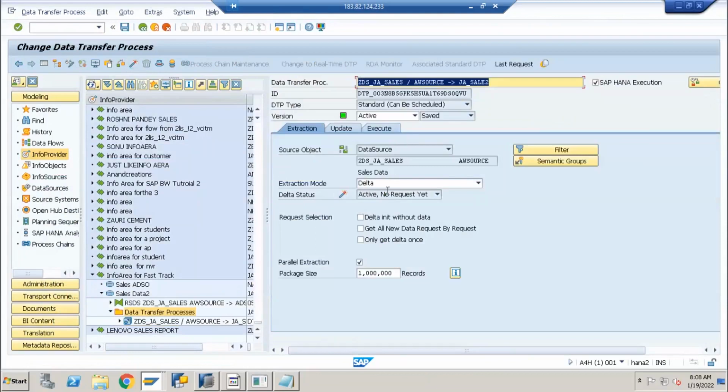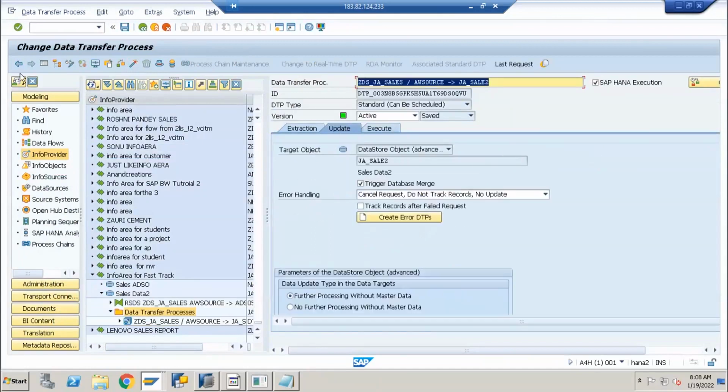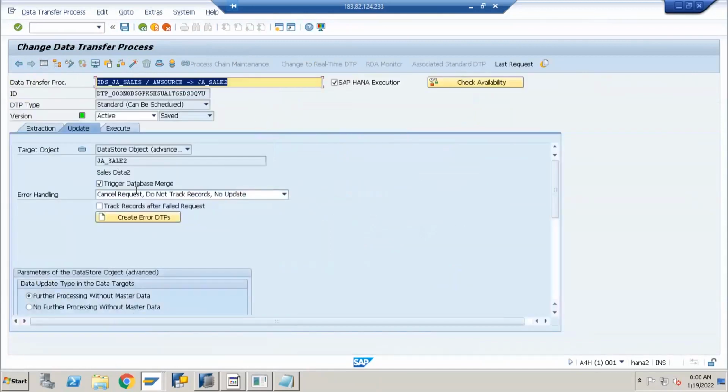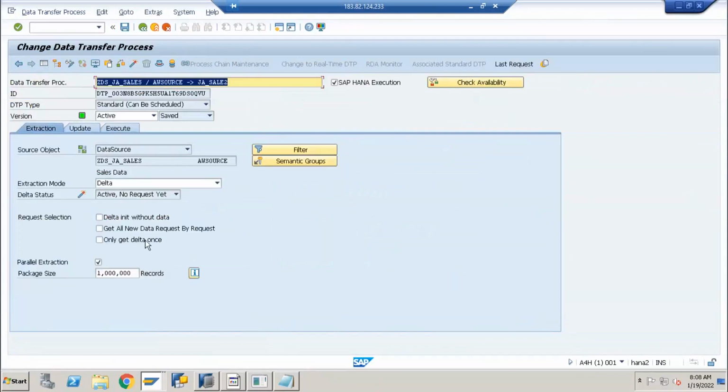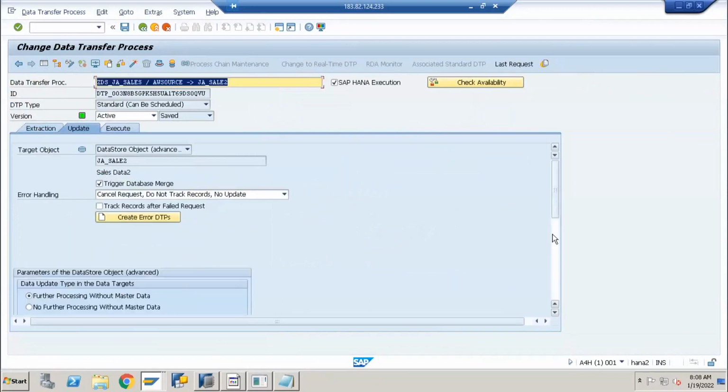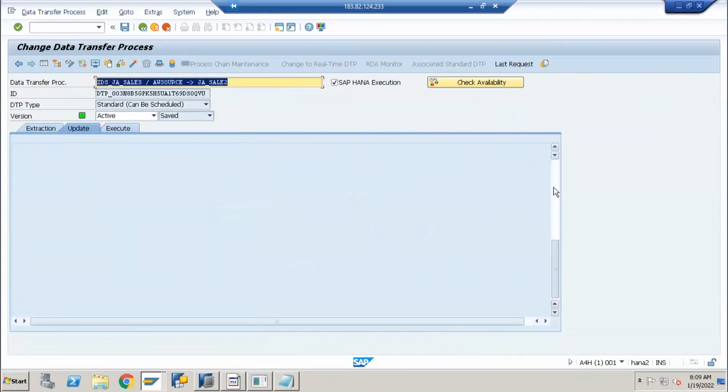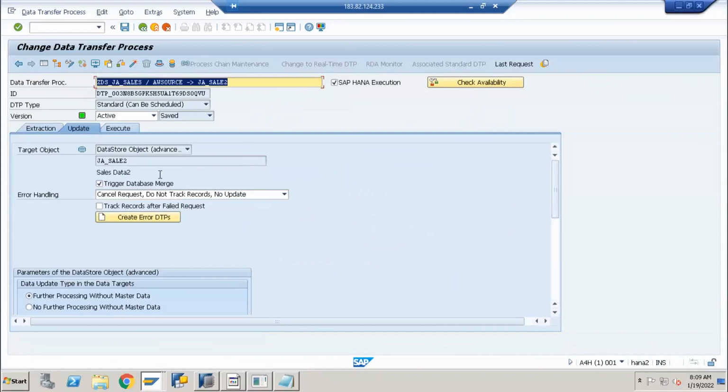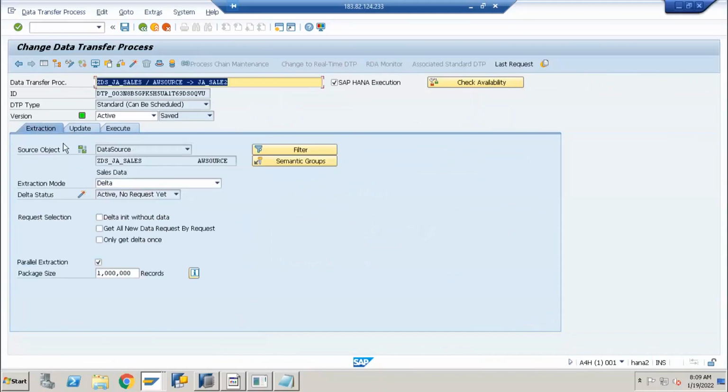In this DTP, I want to teach you one more new topic. So what was the topic here? Update. Where is this one? Let me go to this side. In the extraction tab, extraction.